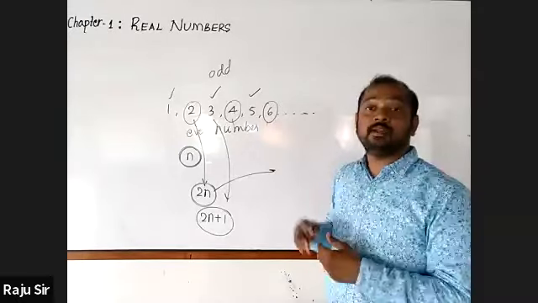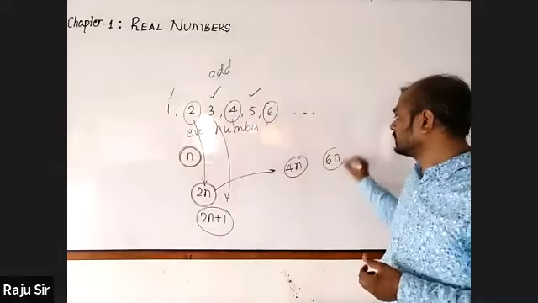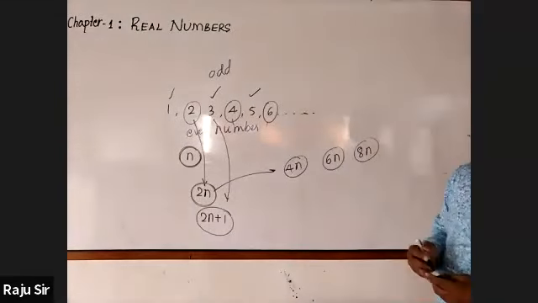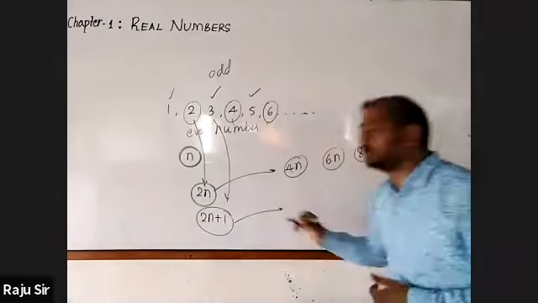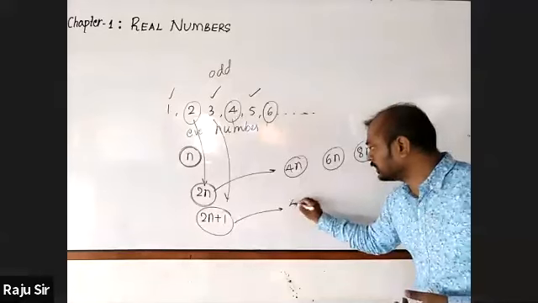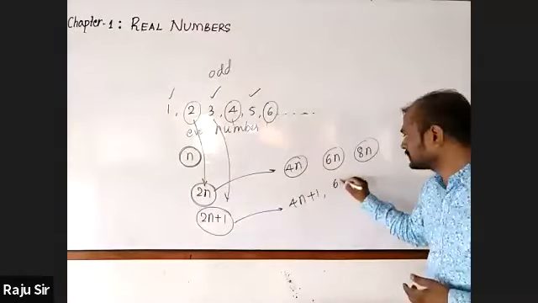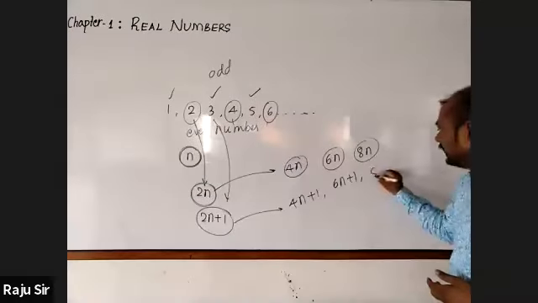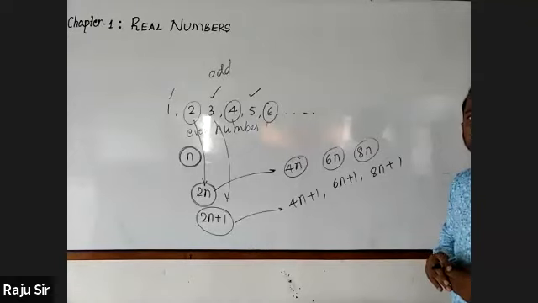even numbers can also be written in other forms, see that 4n, then 6n, 8n. When you write any number in place of n, again you will get an even number only. And then how to write the odd numbers? Odd numbers can also be written as 4n plus 1, then 6n plus 1, then 8n plus 1. Hope that you are all understanding this. Next,